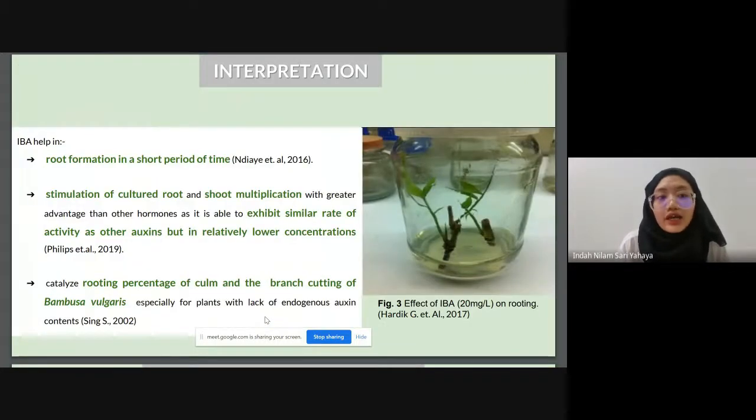So why is IBA usually used and very effective for Bambusa vulgaris micropropagation? It is because it helps in root formation in a short period of time. It also helps in the stimulation of culture root and shoot multiplication, but with greater advantage than other hormones, as it is able to exhibit a similar rate of activity as other auxins, but at a relatively lower concentration. It also helps in the rooting percentage of the culm and the branch cutting of Bambusa vulgaris, especially for plants with a lack of